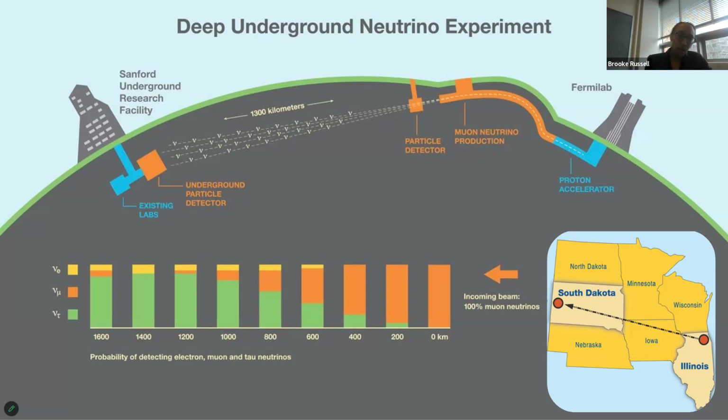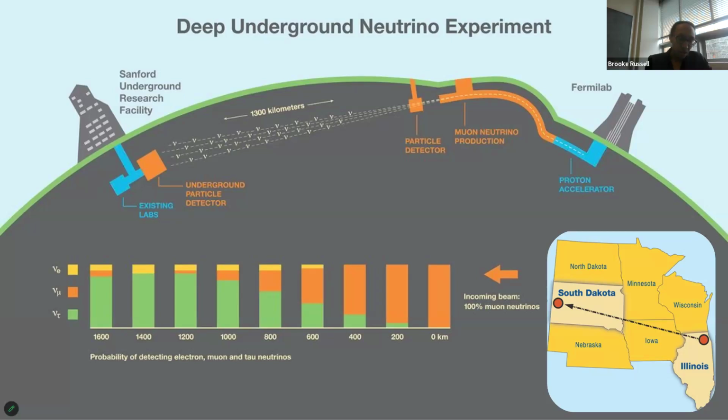And underground, a mile underground, we have 4 gigantic detectors. So the idea of this experiment is to measure the flavor transformation as a function of distance. And from that, we could really test our understanding of neutrino oscillations and the various physics that they involve. So we start with a predominantly muon flavored beam at Fermilab, and we look for the disappearance of muon-type neutrinos at Sanford. We also look for the appearance of electron-type neutrinos.